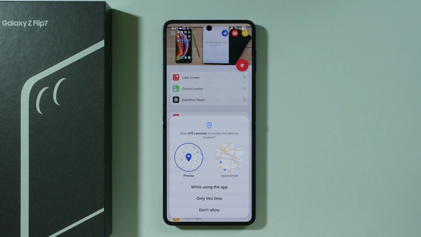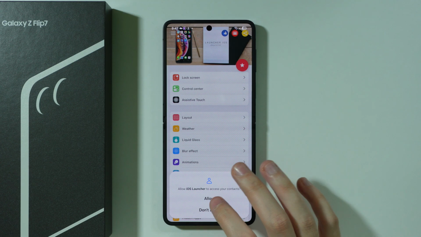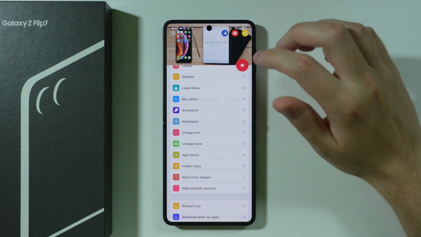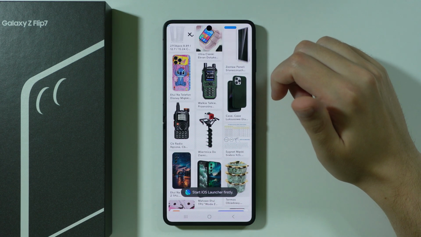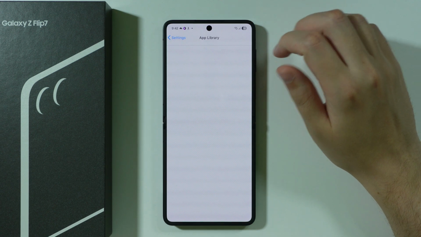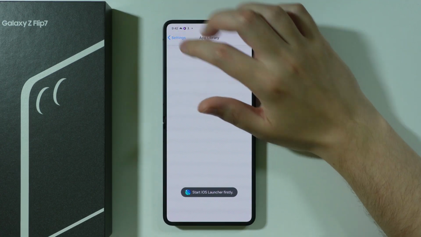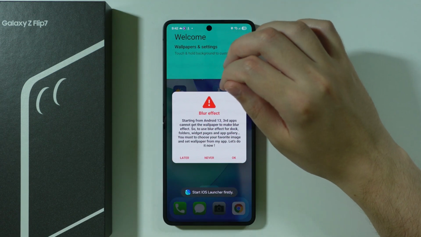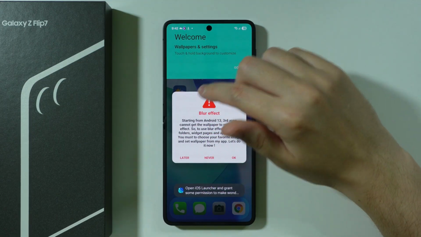So once you open the launcher, you might grant the permission for the launcher to have access to the location. Of course, you don't have to really do that. I'm just gonna agree. I'm gonna also agree to all these permissions as well. And before we move on, what I also can recommend you is to go to App Library. And of course, we have an ad in the meantime, so let's close it. And then let's go back. The reason why we do this is because we have to start the iOS launcher first. All right, so once we go to the launcher, you might see this blur effect message,